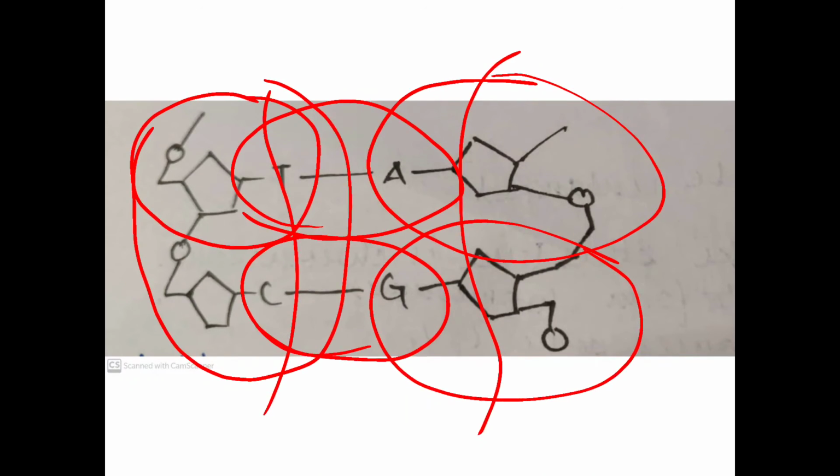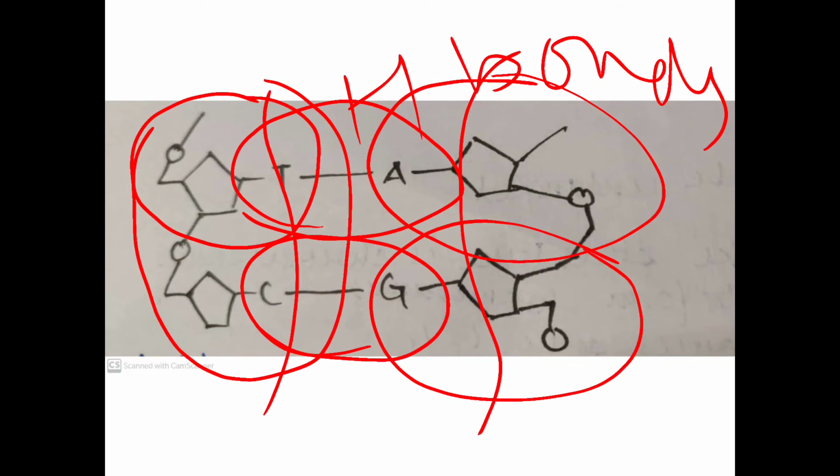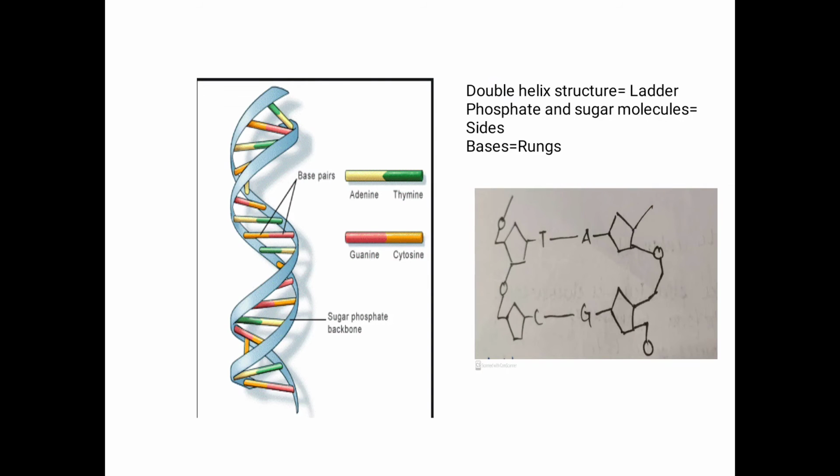So this was one nucleotide. This is one sequence of nucleotides forming one strand. This is another sequence of nucleotides forming another strand. Here you can see that T is pairing with A, C is pairing with G. How do they pair with each other? Using H bonds, hydrogen bonds. Alright. Here is the structure of DNA. It occurs as a double helix, a double helical structure.